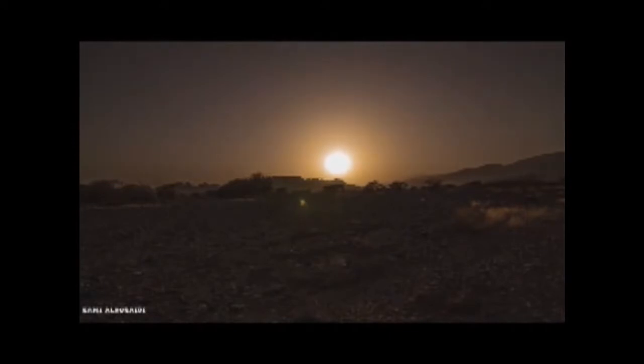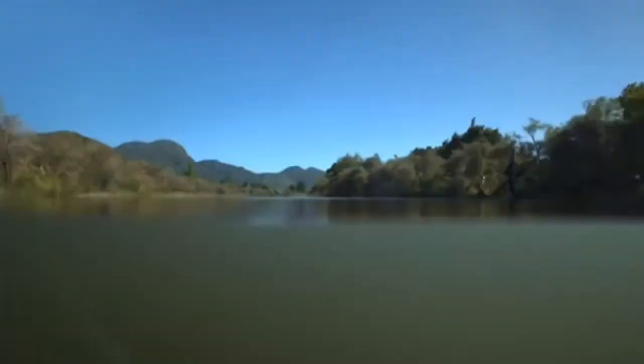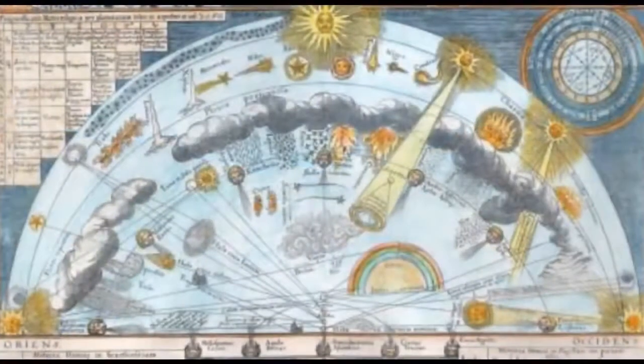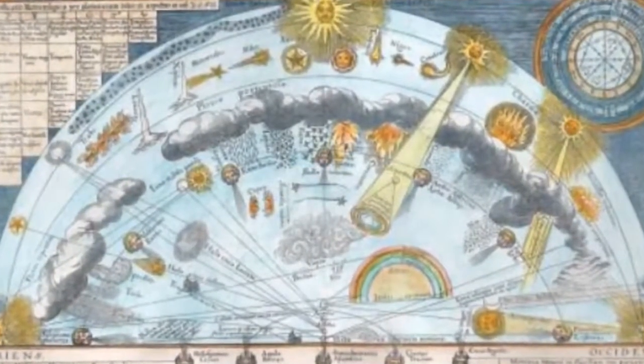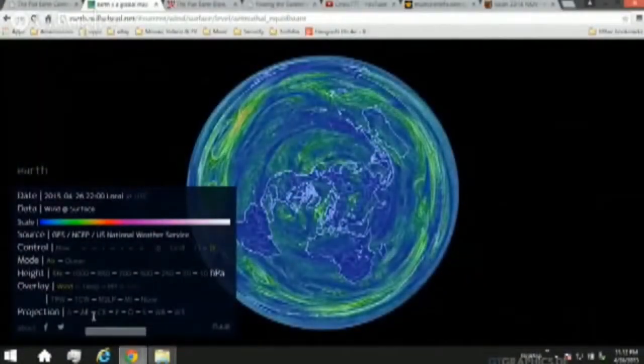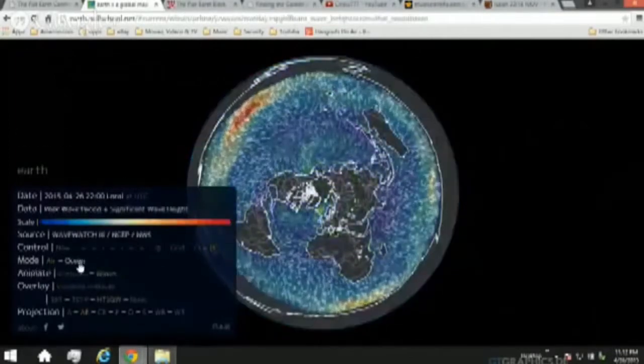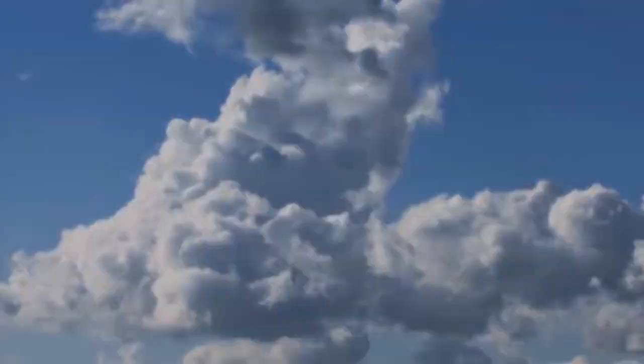So what we're going to talk about today is the flat Earth and weather and the Kephalaia. And we're going to talk about the ebb and flow and the cosmic devices that run the functions of the changes of weather and temperature and moisture and humidity and all the changes that we see on Earth day to day. And we're going to talk about and explain how that mechanism